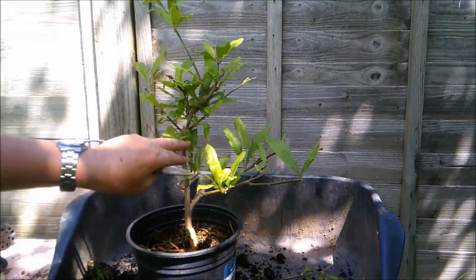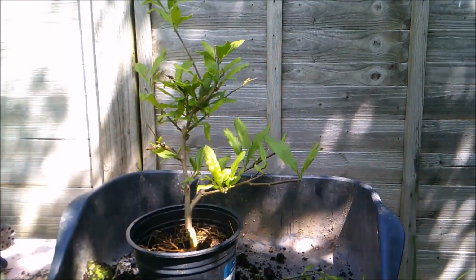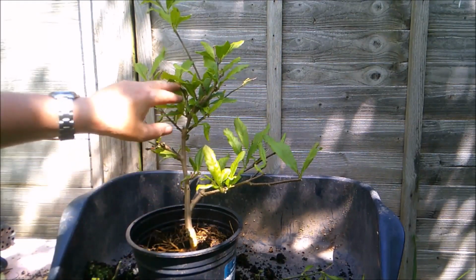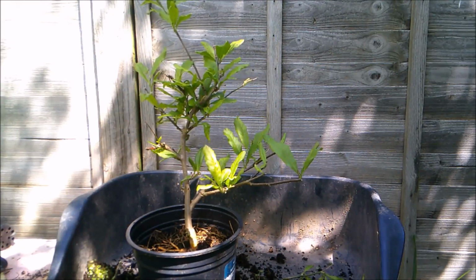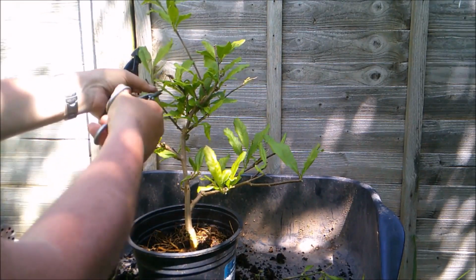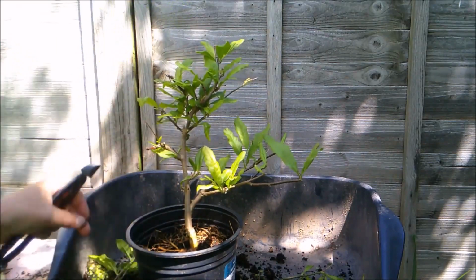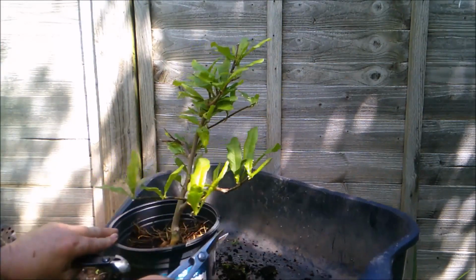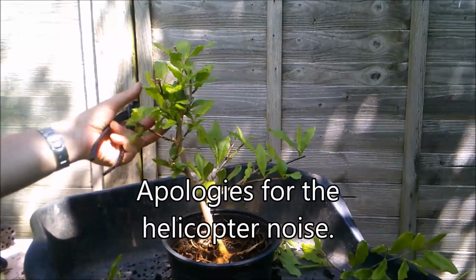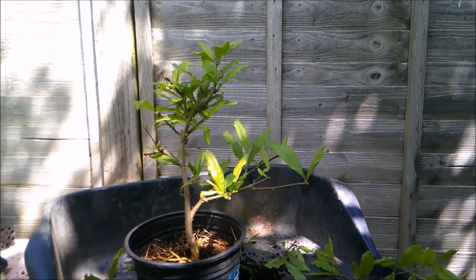The trunk has an interesting movement, so I'd be loath to lose it all. Trunk has a nice kind of movement, so I want to try and keep it compact, but I do want it to have room for growth, because it'll be this year's growth that'll produce the flowers next spring. So it's definitely got a slant to it,